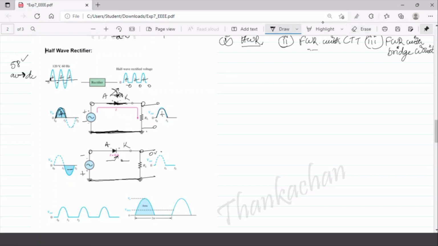So this will be disconnected and the output voltage across the load will be 0. You can see this is the output voltage. This cycle continues again and again. So what will be the waveform which you are getting? You'll get a positive half, then 0, again positive half in the positive of the supply, then 0 during the negative half, positive and 0 and so on. This is the waveform which you are getting.